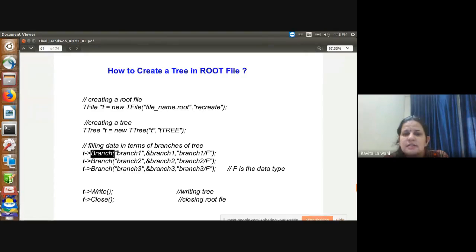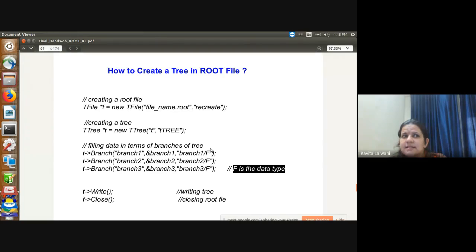Branch one is, so it is not like you can save the variable in terms of momentum, in terms of current. This is the name of the variable which you want to save. This is the address of the variable which you want to save, and that the variable is float. This is the type of the variable, so here it is written f, the data type. So if I am measuring, let's say, current, it will ask for the current name, current address, and the current type,